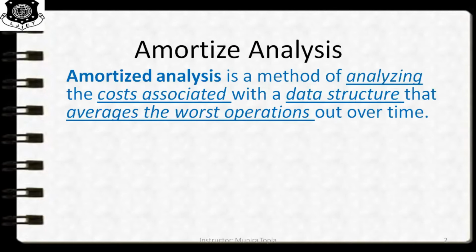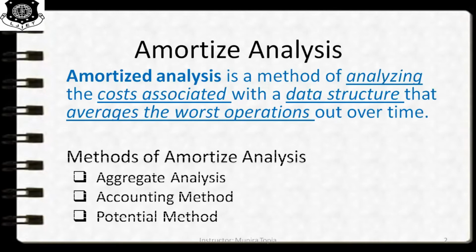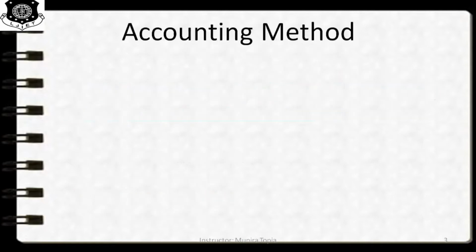It says that if a data structure has multiple methods or operations, out of which most are less expensive, that means they take very little time to execute, but there is some other operation which is very costly and is executed once in a while, the running time of that data structure, T(n), is given by amortized analysis. So let us start with the accounting method. The aggregate method was already covered in our last lecture.